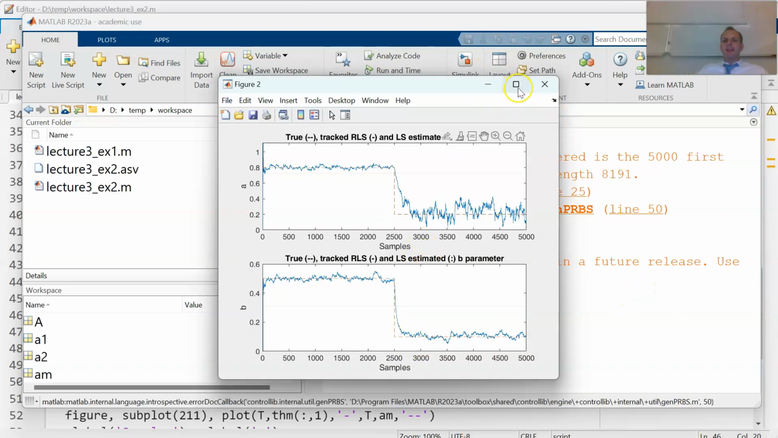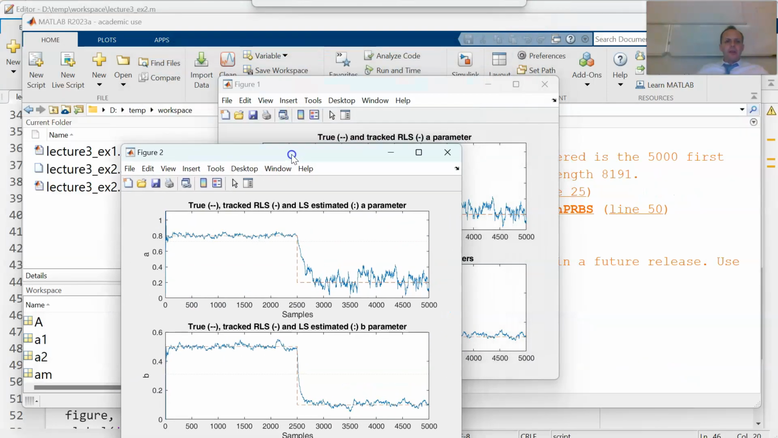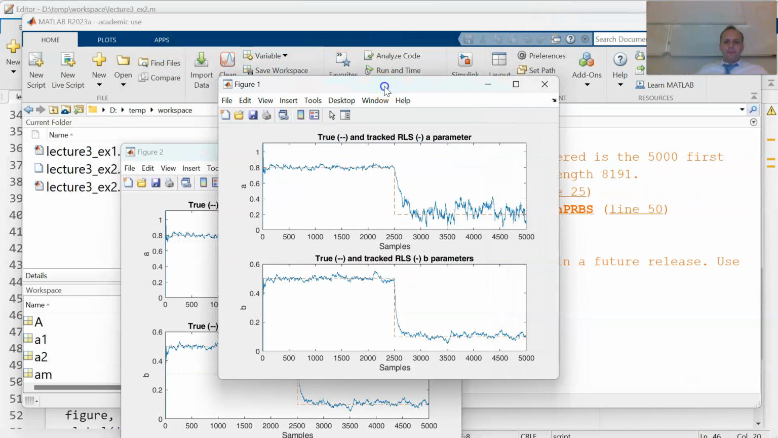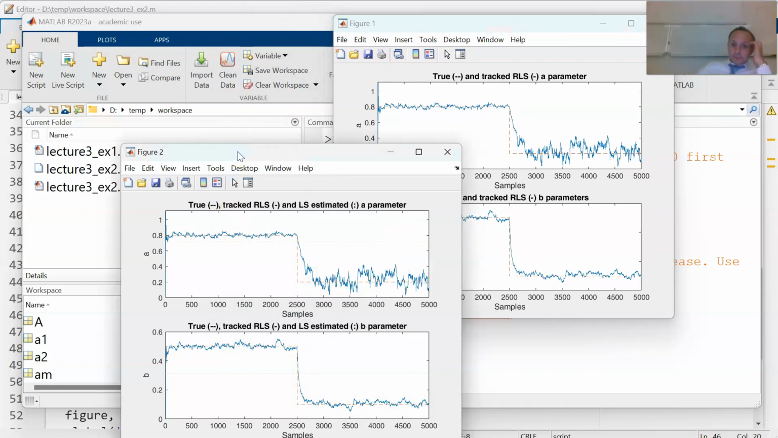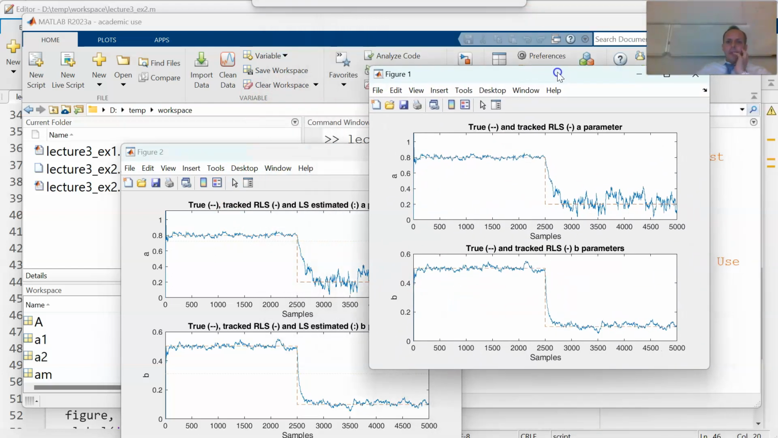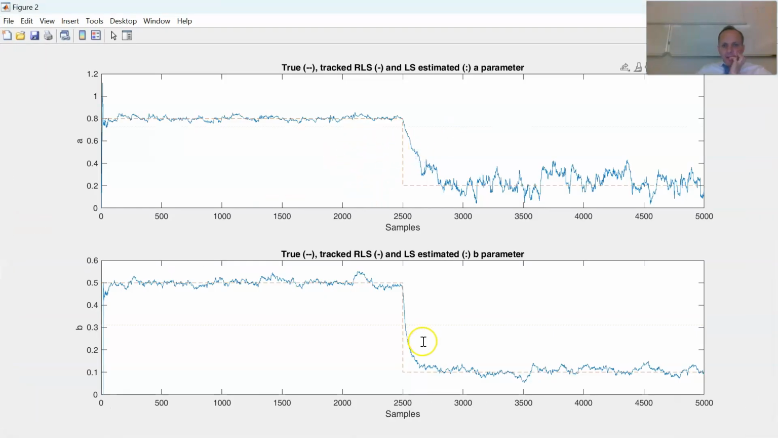Okay, there is a warning, but it's not a problem. So you can see here that you have two pictures, and in fact you have the tracking of your model. The comparison, as you can see here, is that we are comparing the true and the tracked parameter here, and in the second picture you can see here